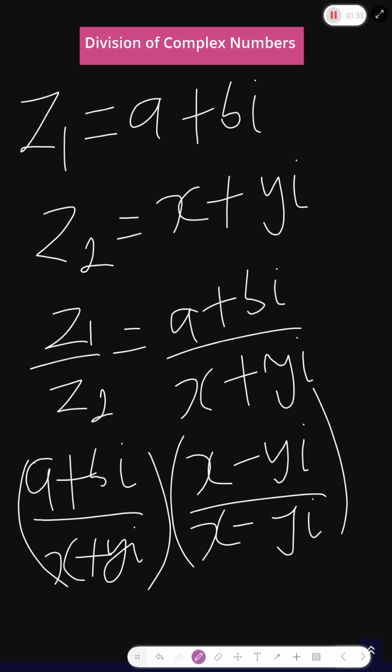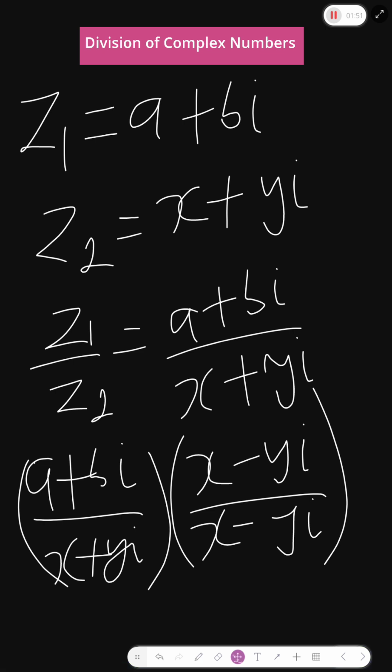If you look at this critically, you will notice that we haven't done anything, because x minus yi over x minus yi is just 1. But we decided to do it like this so that